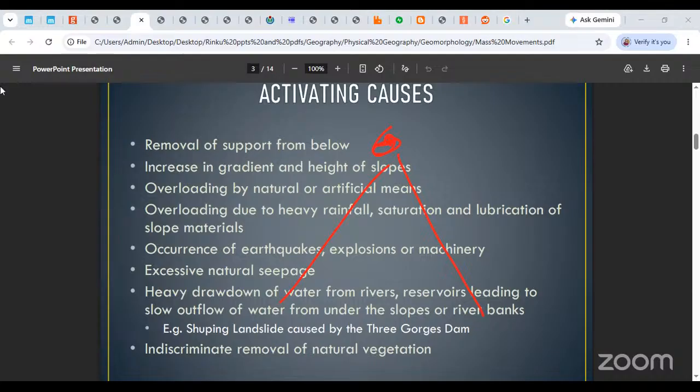Normally when human beings work over there, especially in India, we just pile the material on the sides. When this material is piled on the sides, as long as it gets a little lubricating moisture, the entire weathered material or debris is going to start falling down. This is artificial means. Natural means is when a lot of rainfall happens, when there's a lot of precipitation, and water sweeps all those debris or weathered materials to the side of the cliffs, and that can be another reason for this to happen. So this is overloading by natural or artificial means.